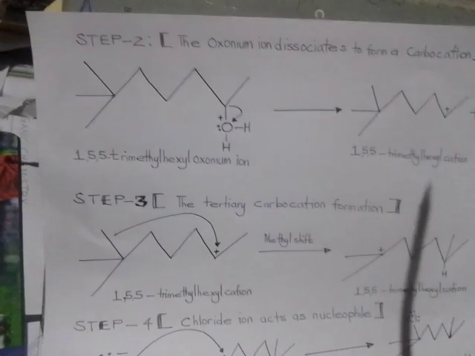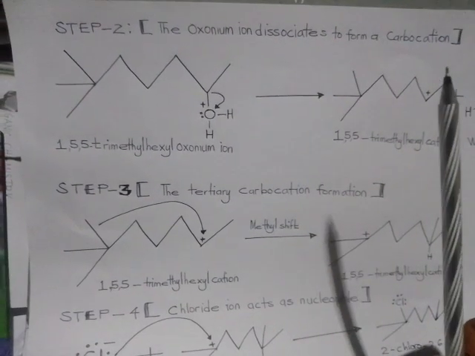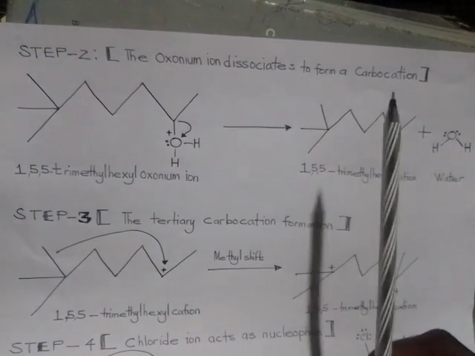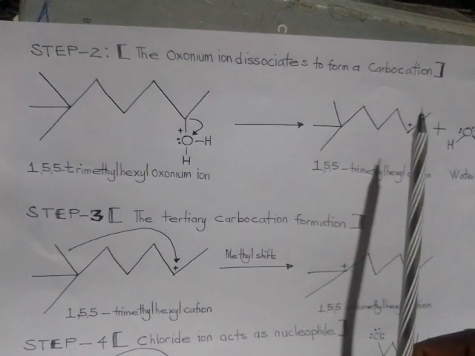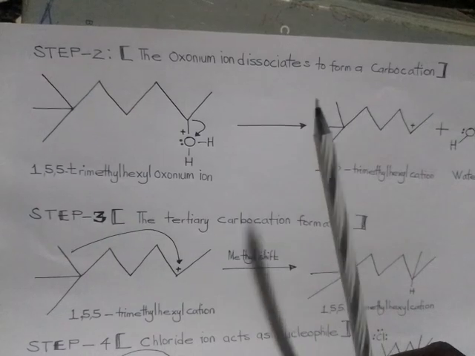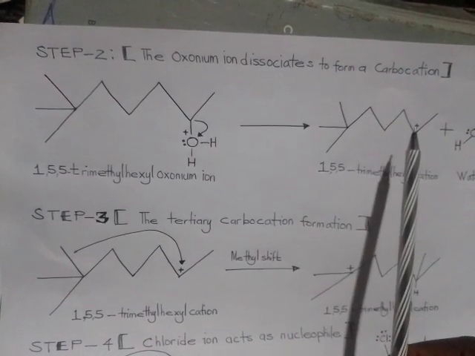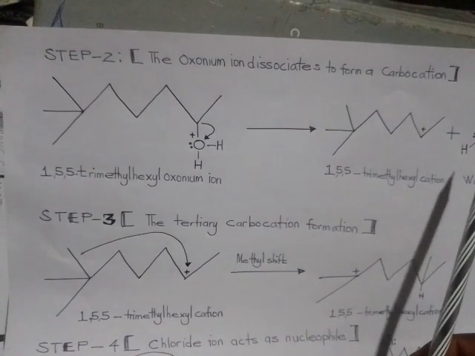Now look at the third step. The third step is just converting from secondary carbocation into tertiary carbocation, because a secondary carbocation is less stable than a tertiary carbocation. This is the reason why we are trying to convert it from a secondary carbocation to a tertiary carbocation. Remember,